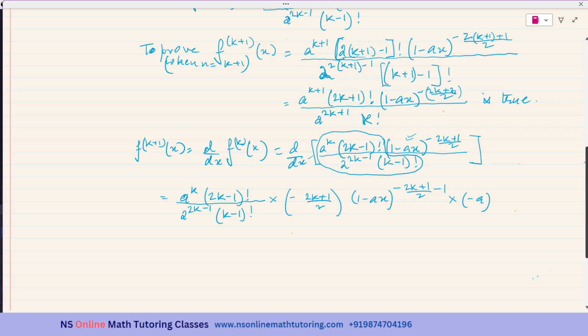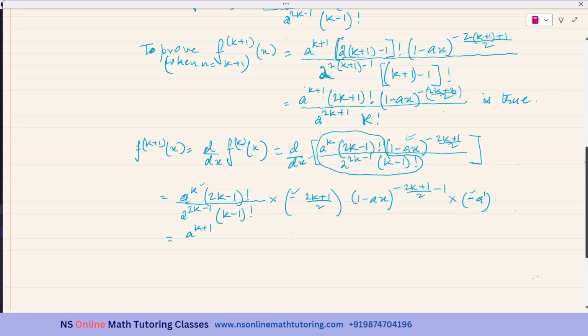Now I will be checking what I have to prove. There is this e to the power of k plus 1, and I am having e to the power of k over here and e to the power of 1 over here. So I can just multiply them and I'll be getting e to the power of k plus 1. And another thing, how to deal with this minus sign. This minus multiplied with this minus will give us a plus sign. So the minus signs have been tackled and I have got e to the power of k plus 1 as well. Very good.